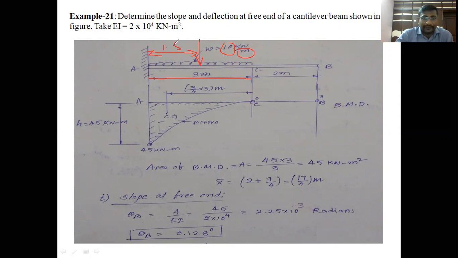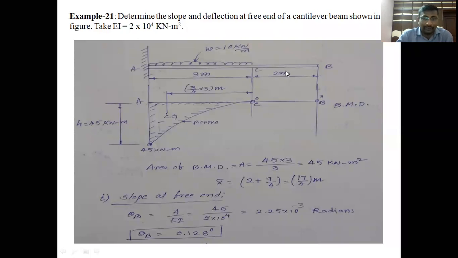Okay, so 10 into 3 is the load acting, 30 kilonewtons. So the moment at point A is 30 into 1.5. 30 into 1.5 is 45 kilonewton meter. Okay, like that you have to first find out the bending moment values at different points of the beam